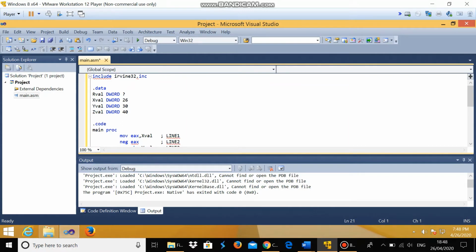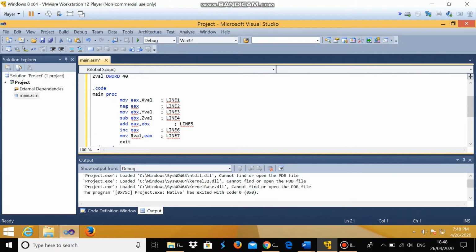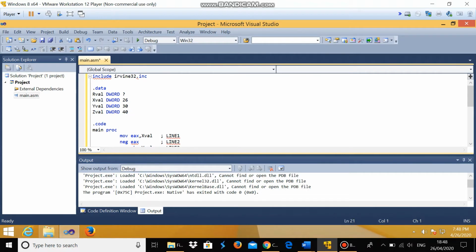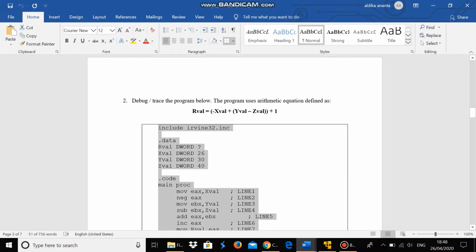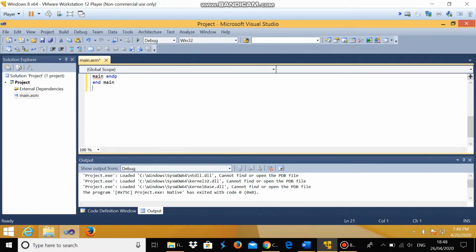Okay, so this is the second project in the lab sheet that I have been given. The question was to debug and trace the program below, which is this. We need to find the result of error file by doing the equation of minus x file plus y val minus z file plus 1, and we can do the same